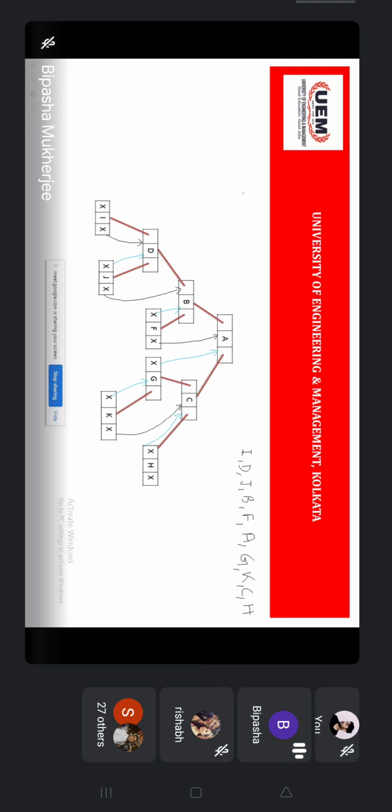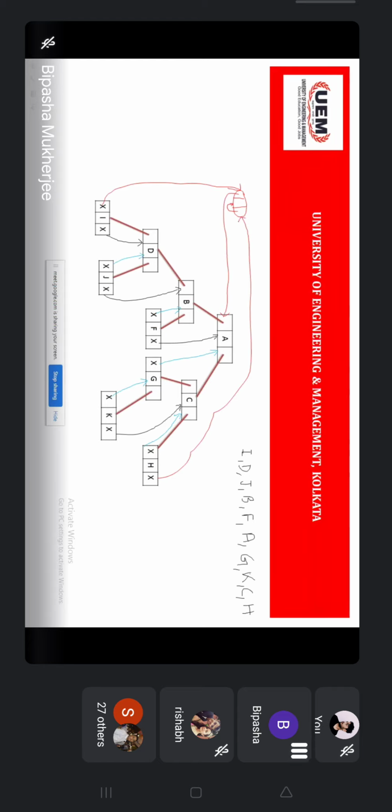So for that, there is a concept of header node, for which the left pointer is connected to the root and the right is connected to itself, and the left pointer of the first node of in order traversal will be connected to this, and the right pointer will be connected to this.